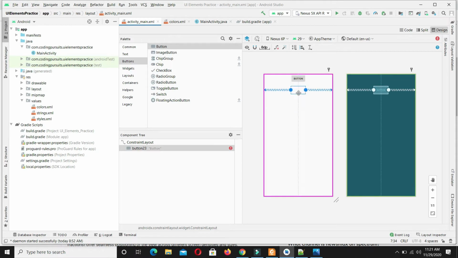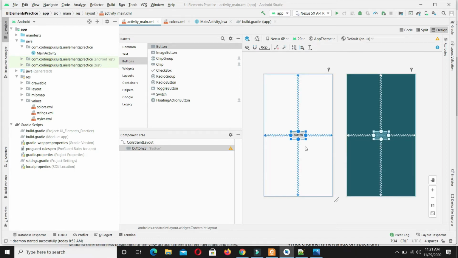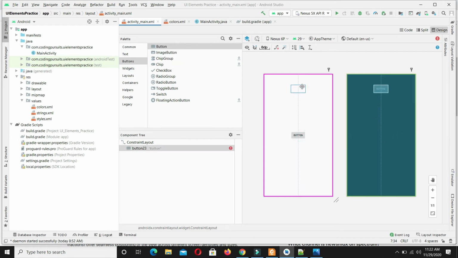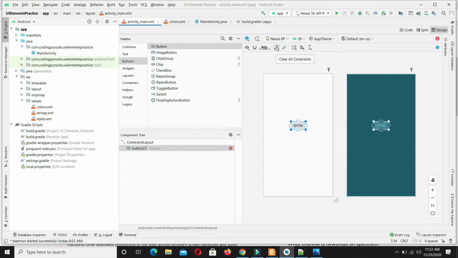When I click and drag it to the center of the screen, you can see that here I am seeing two lines, vertically and horizontally centered. So boom, it is auto connecting my widget to the parent. If I disable it and clear all constraints, now if I move my widget to any corner or anywhere, I am not seeing any constraints. I am not seeing that it is auto connecting to the parent. So let me enable it. In the same way, when I click on this button, it will clear all the constraints, as we have seen in this example and the previous example as well.